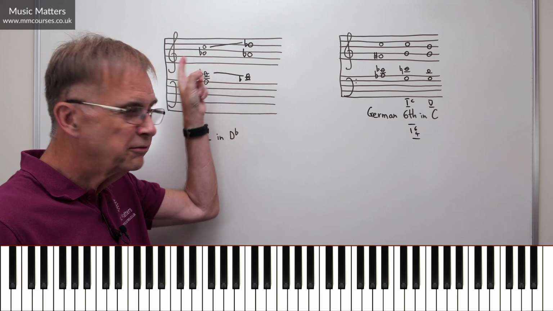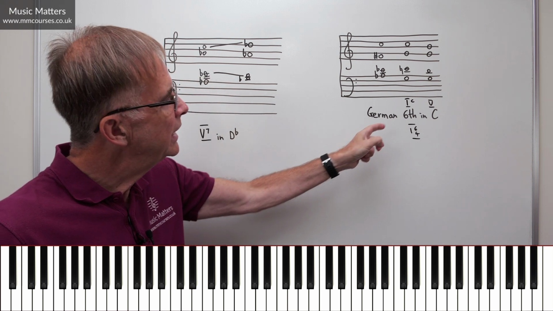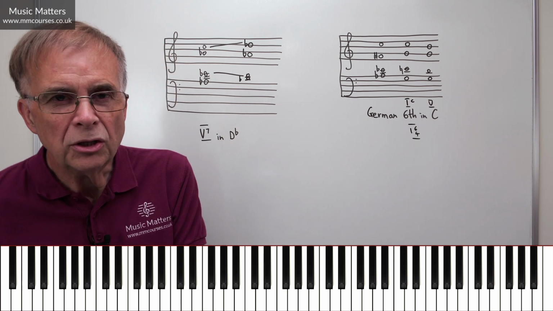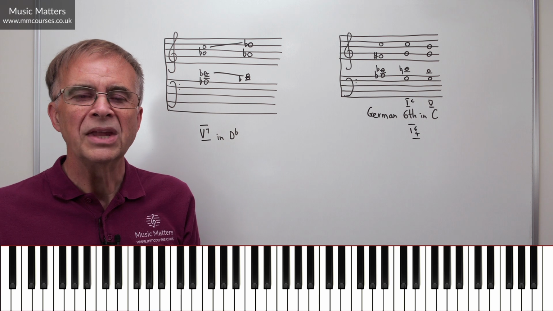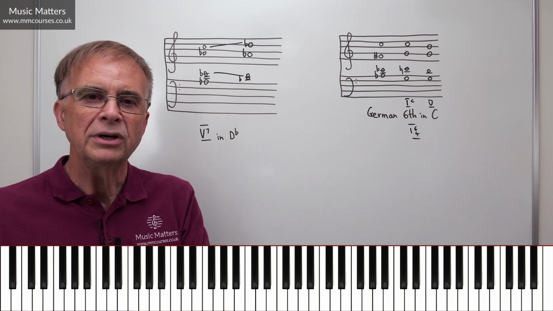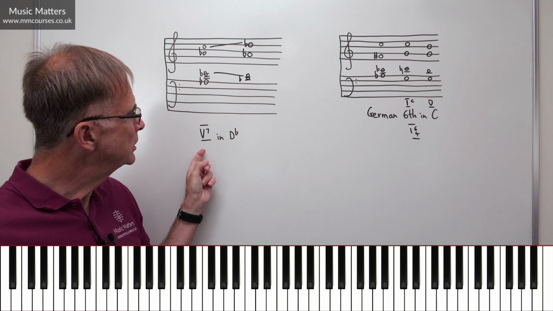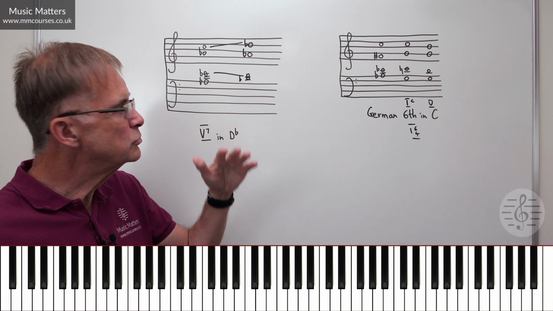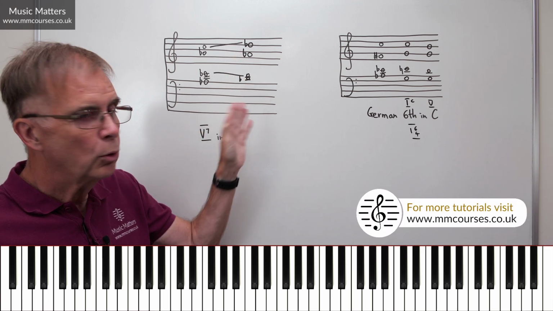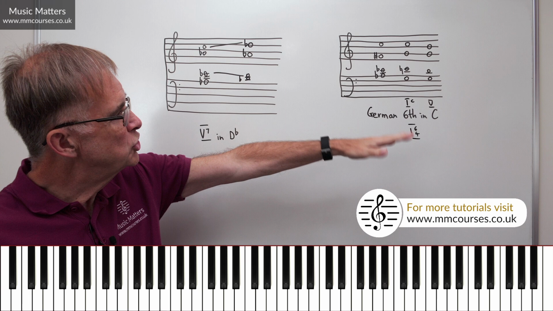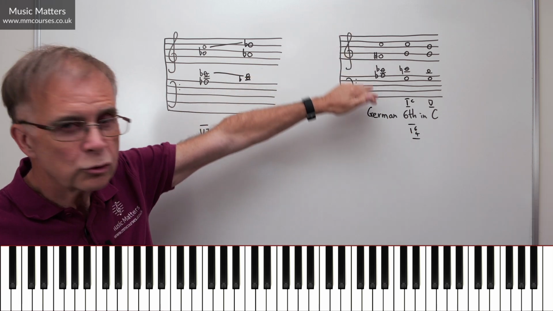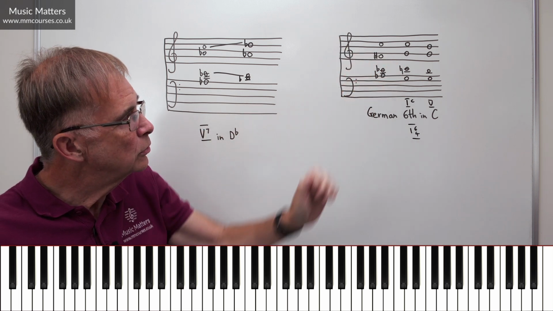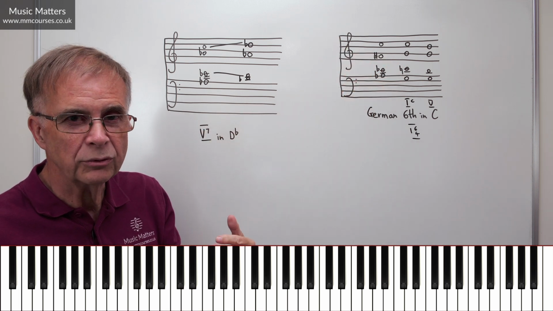The dominant 7th is functioning in D flat major. Here, the German 6 is functioning in C major. So the two chords sound the same, but function very differently. This is a diatonic chord that has particular rules of engagement about how it resolves, and those rules really result in you moving to a 1 or to a 6. But in German 6 in C major, you've got a chromatic chord using notes that don't belong to the key, and that has also rules of engagement about how that resolves.